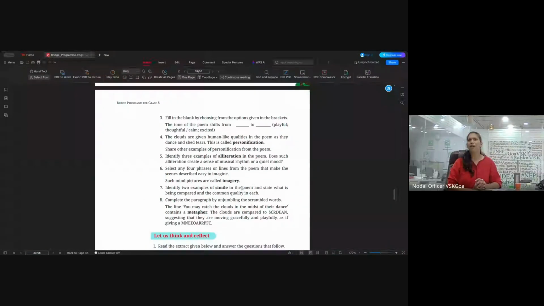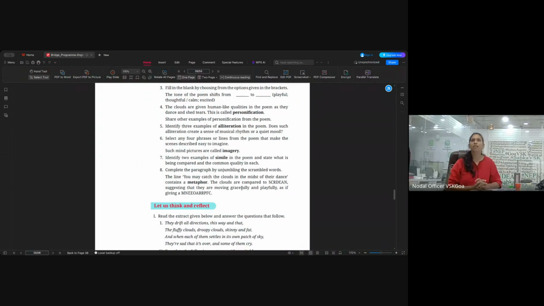Teachers are going a bit fast simply because of time constraints. Now there's an introduction of figures of speech. There is a mild introduction in the 6th and the 7th standard, but in the 8th standard, I think it is a complete introduction of figures of speech and other devices like imagery. I don't want to go into what is what, because all of us have been teaching figures of speech for all these years.